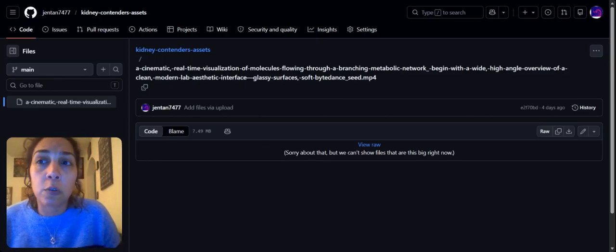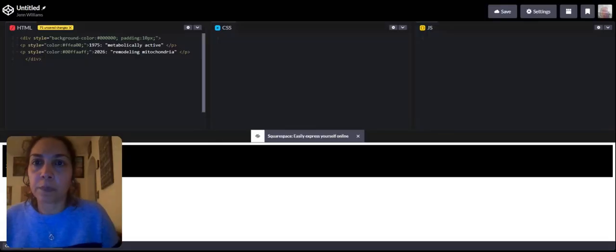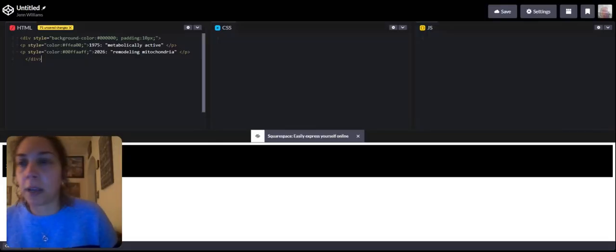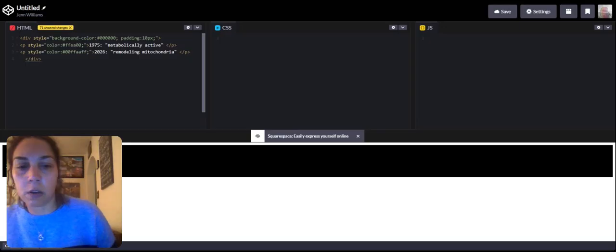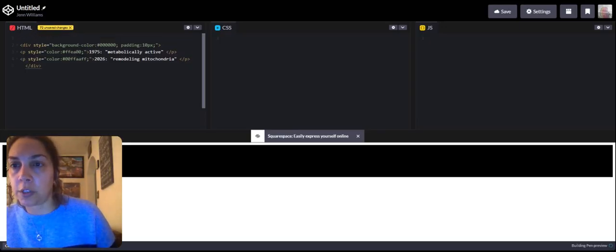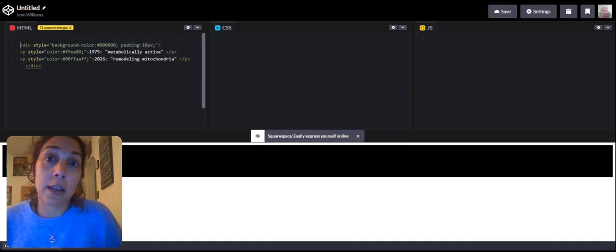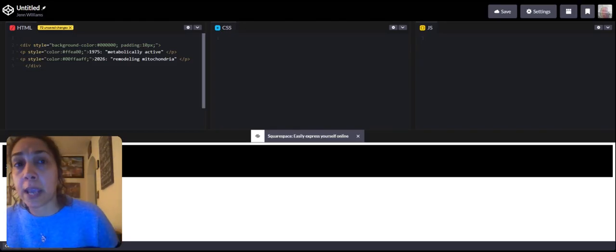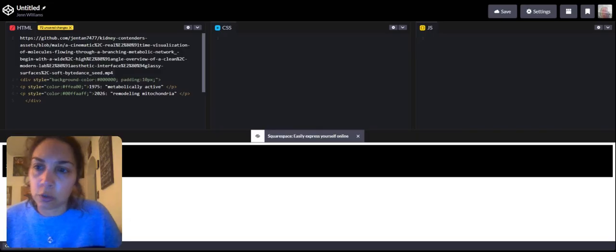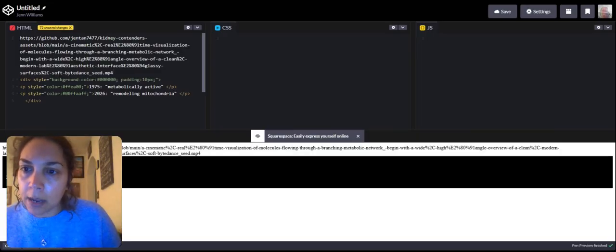And I'm going to switch over to CodePen. Now that we've switched over from GitHub to CodePen, we're going to move down line 1. What you see on my screen right now is the CodePen puzzle that we were working on in part 2. Now remember, we have the URL from our GitHub MP4 video copied, so we're going to get ready to just Control V, paste it in,